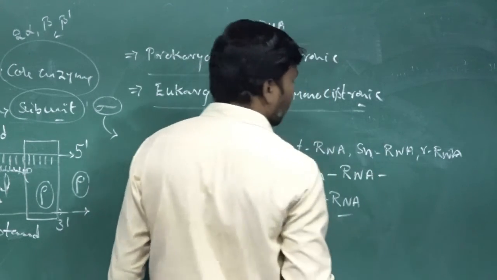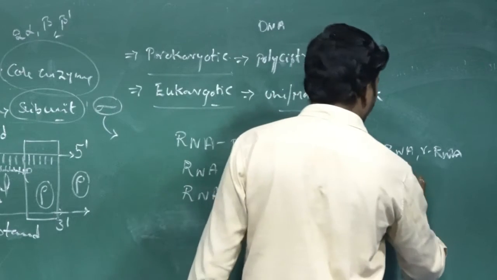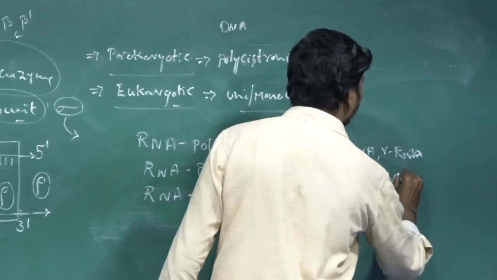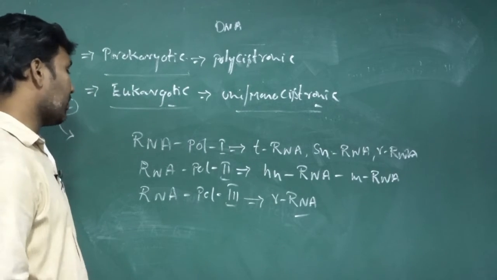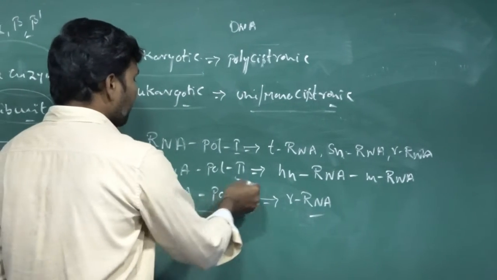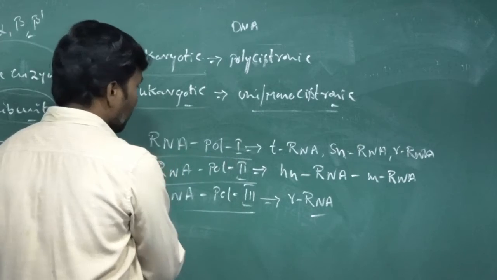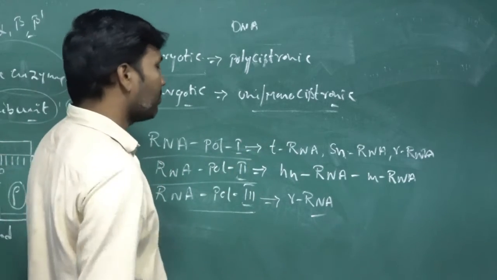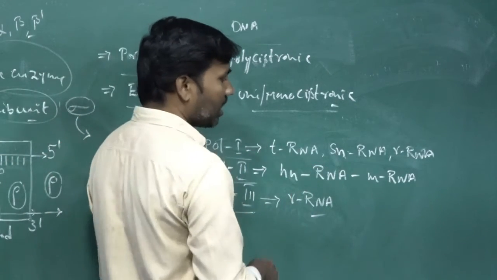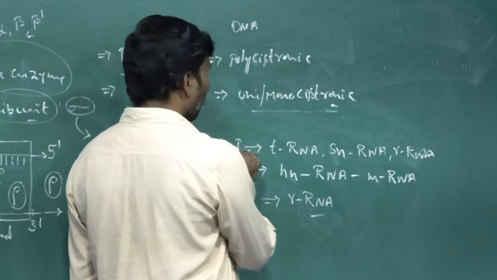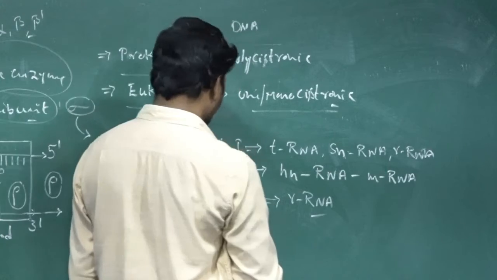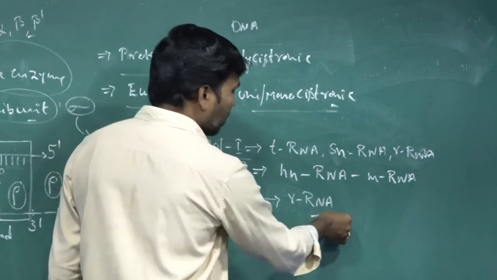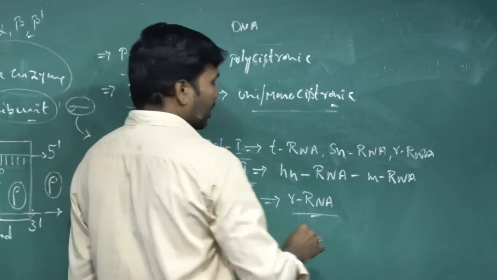and later it is going to act as a precursor for mRNA. It is going to act for mRNA synthesis here. So like this, the 3 types of RNA polymerases are involved in these 3 steps here. These 3 types of RNAs are going to be synthesized. So RNA polymerase 1, we are taking tRNA, snRNA and rRNA is produced. RNA polymerase 3, we are taking ribosomal RNA, rRNA is going to be produced.